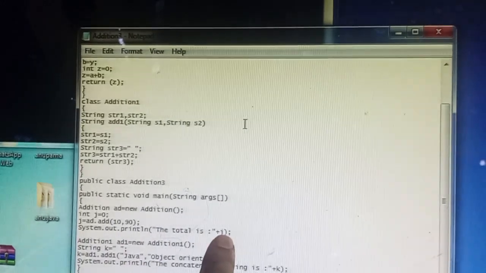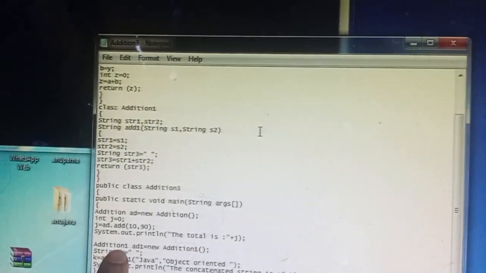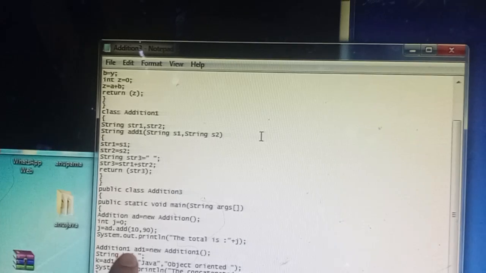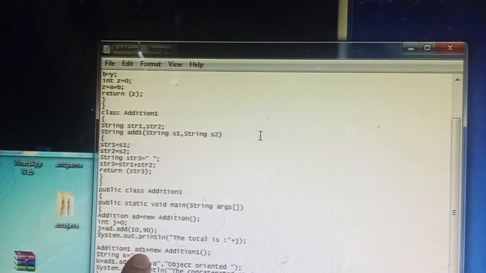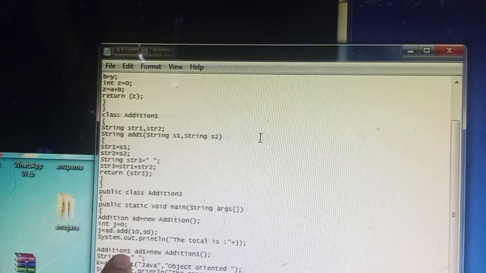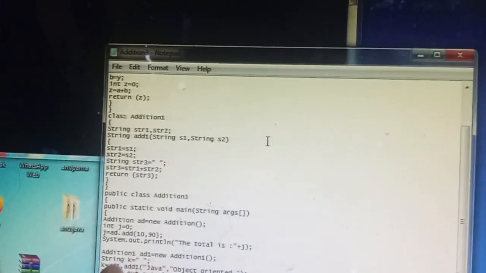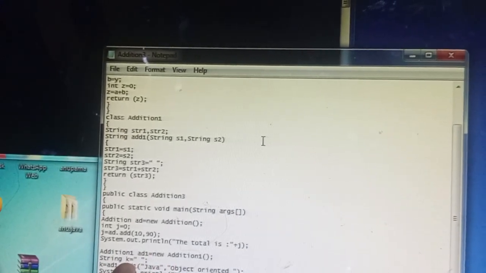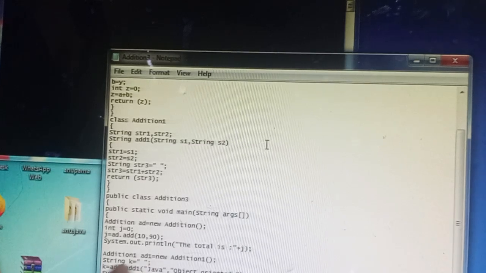Then printing the value. Next, the second object is created for addition 1, and here I created a variable which has a space.